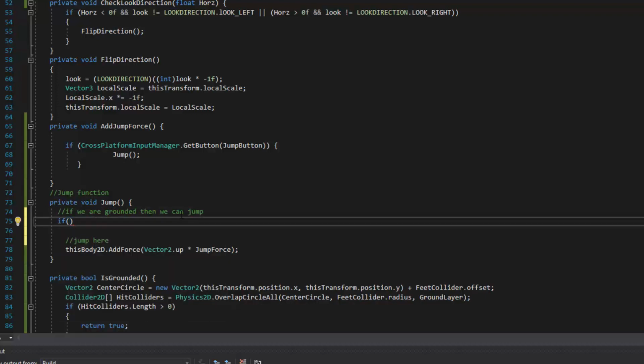So if is grounded, and actually if it's not grounded, if is grounded is false, or if can jump is false. If either one of those are false,